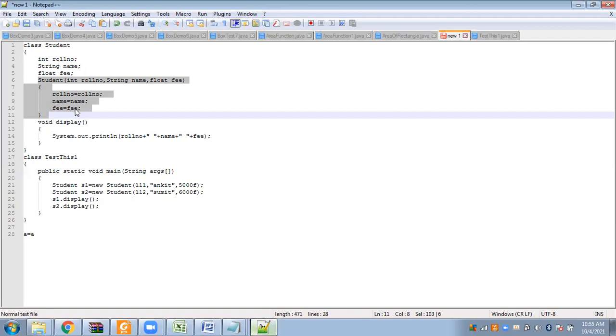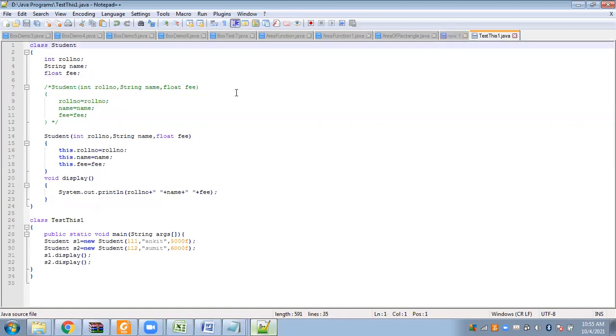So in such a case, in order to eliminate ambiguity, we go for the second option. This is the next program where we are making use of the this keyword. Here also we have the same argument list. We have not made any changes. Suppose you have been told that you cannot change the formal arguments; the formal arguments and the class instance variables must be the same. Then, in order to avoid ambiguity, you have to make use of the this keyword.